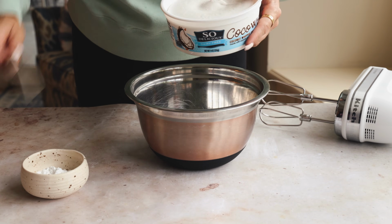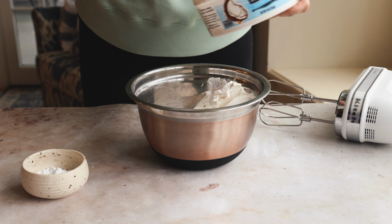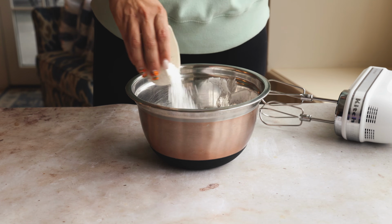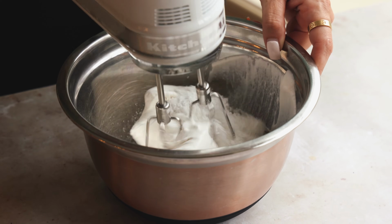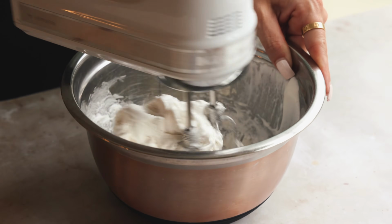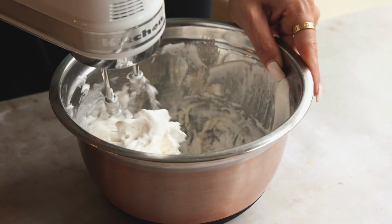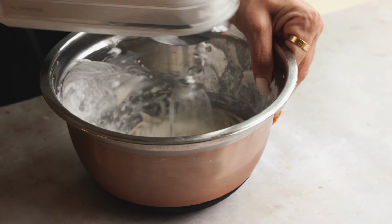Look at that fresh tub. Doesn't it just look so good? So scoop it in, and I let it slightly soften just for a few minutes, but it does melt up pretty quickly. And then we're going to add in the powdered sugar, and then I'm just going to mix it with a hand mixer, or you can do this in a stand mixer, and just whip it up until everything is well combined. It may take a few minutes or a few seconds for that to happen,